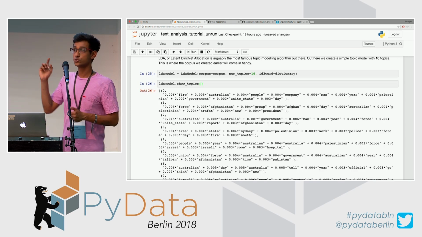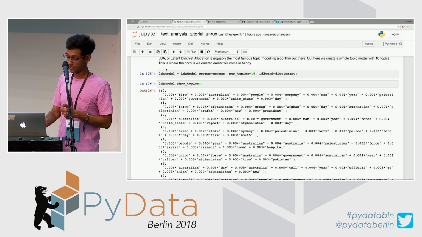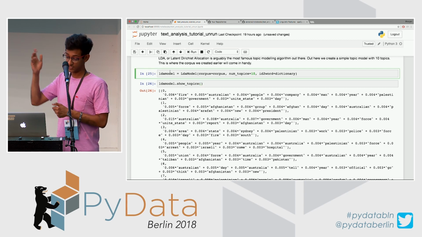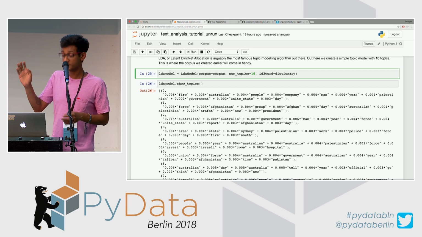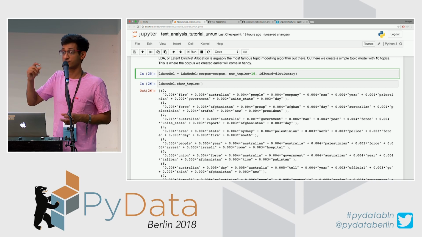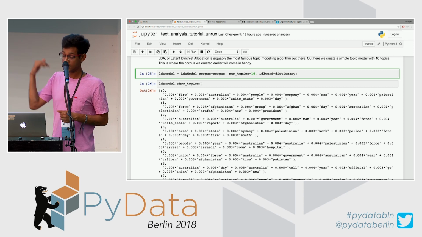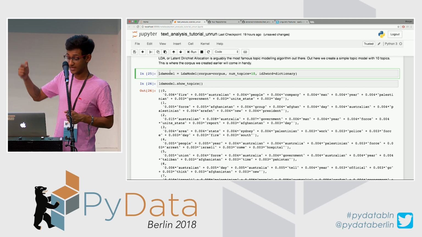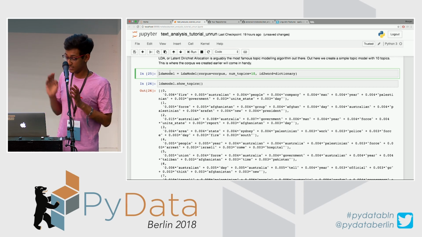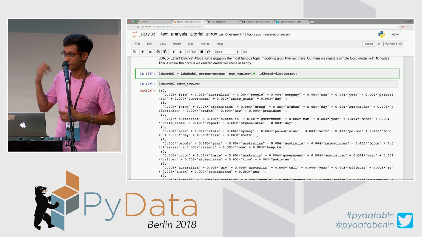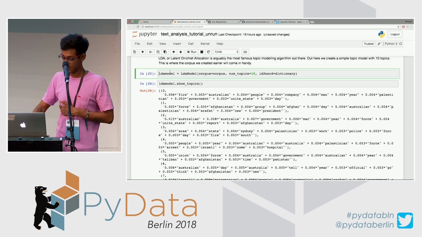I just want to show you what a topic model looks like. Over here, I created my topic model. I called LDA model from Gensim. I passed my corpus, which is my data after it's been transformed into the way the computer understands it. I said I want 10 topics, and I said id2word, which is my dictionary. I just gave this much information, and after around 2 or 3 seconds, it spat out